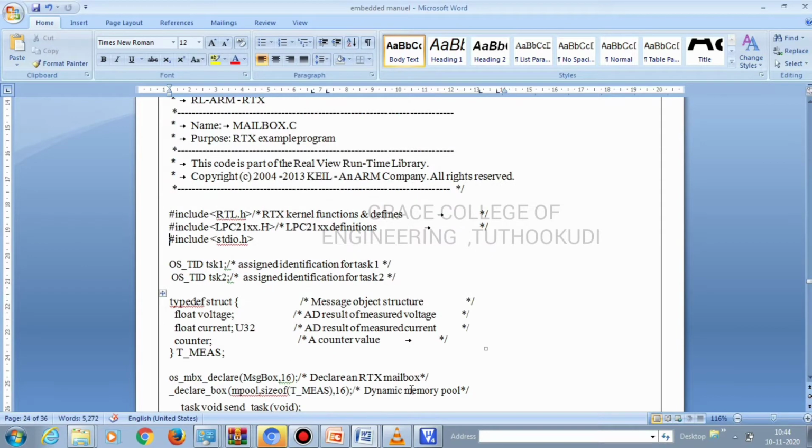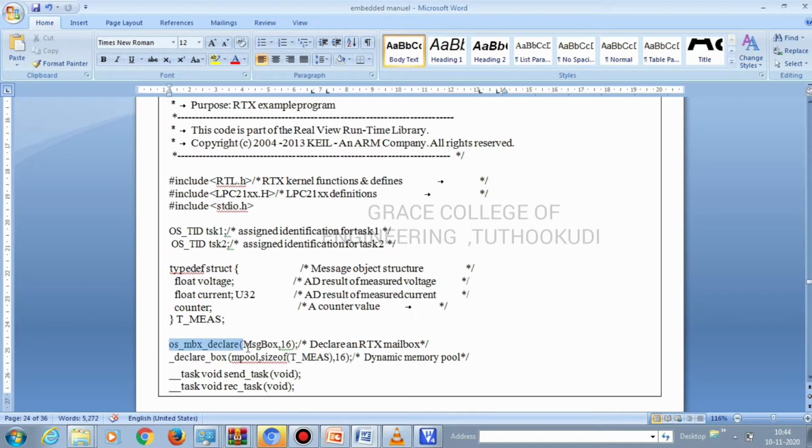Next we are going to use the OS_MBX_DECLARE, with the message box and size. We are declaring this RTX mailbox with the size of 16, and we declare the memory for that message box, which is also 16. The dynamic memory pool is given as 16.